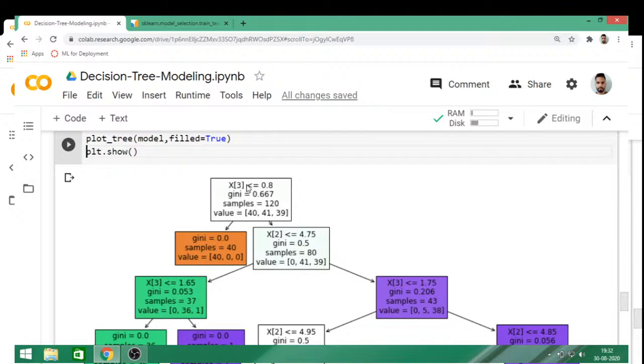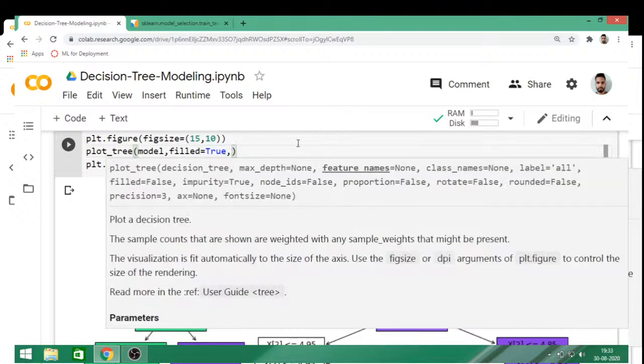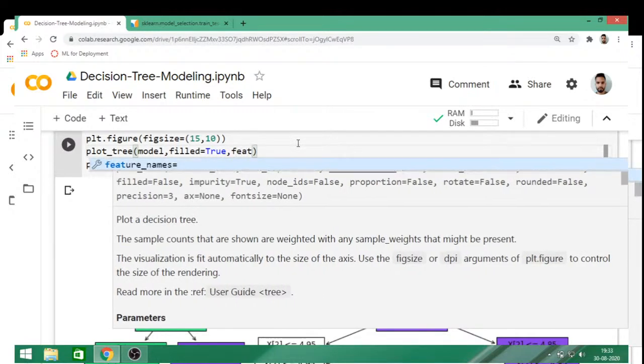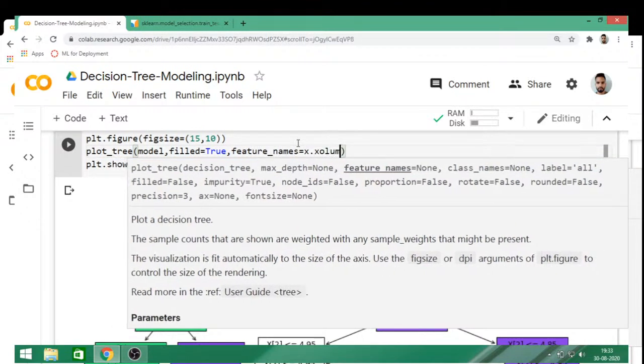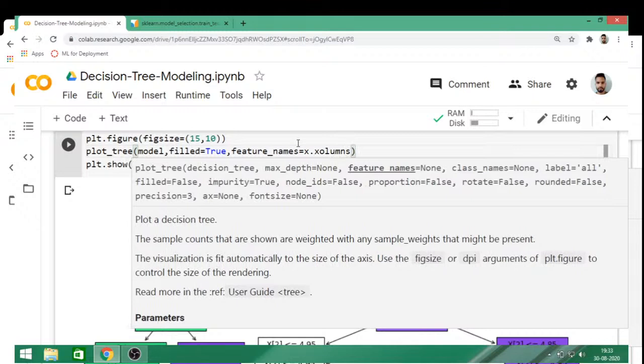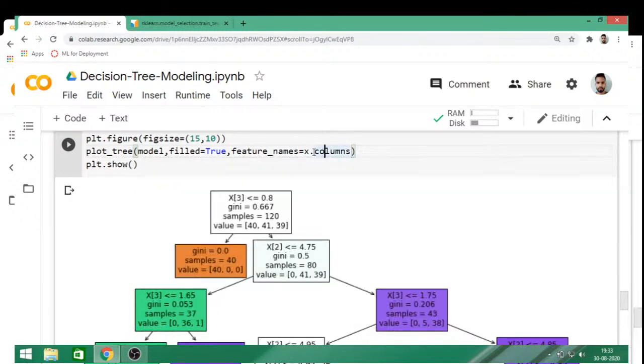So here you can see this is your x3 feature, and if you want to see the name, not the x3 or y3, what you can do is you can give here feature_names equals to X.columns. All right, so what are our features? Whatever values we have in this X, right? So we are getting this X.columns, the variable names in X. All right, and now if you run this,